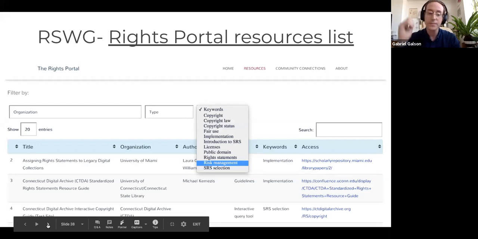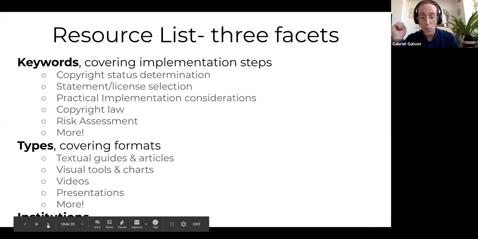Next slide. It should be said that one reason rights statements implementation can be complicated or a little confusing when you're starting out is that this process can be conceptualized as a number of distinct steps, not all of which your institution may need to undertake. For example, there's copyright status determination, figuring out the copyright status of an individual object or collection.